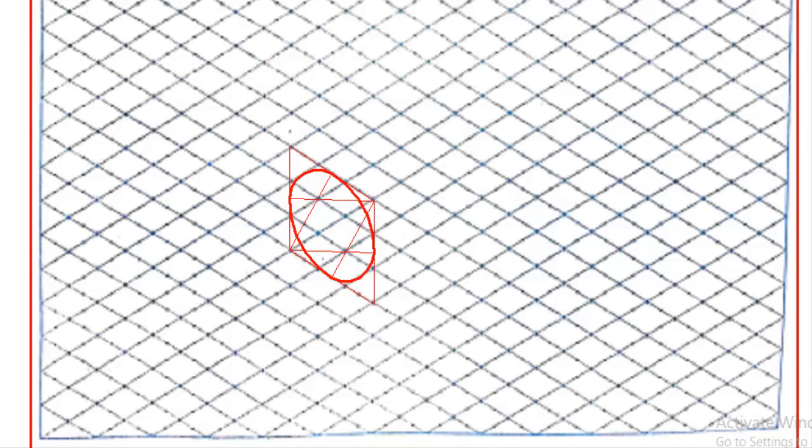In the same way we have to construct the other face, but the length of the cylinder I gave is 50. So from any one corner, or you can take all the corners, it is up to you, you can take 50 from here and mark it first, 1 2 3 4 5. This line is not needed, it is just for measuring. Now we will construct one more frame from here, like 1 2 3, then 1 2 3, then 1 2 3, and then we will join back. Now the same technique we followed earlier, we have to follow here.